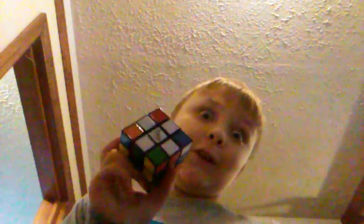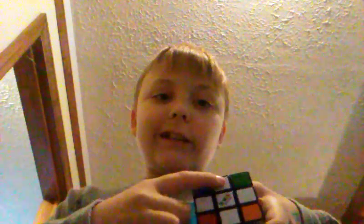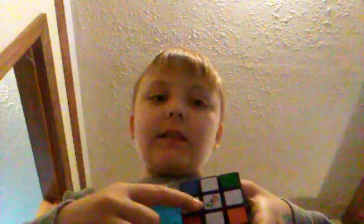Today I'm going to show you how to solve the right side of the Rubik's Cube and almost solve it. So first you get the white cross like this, and these parts have